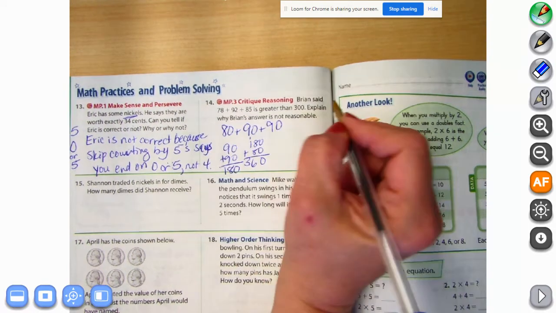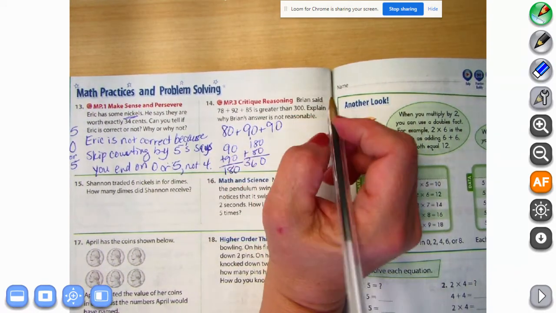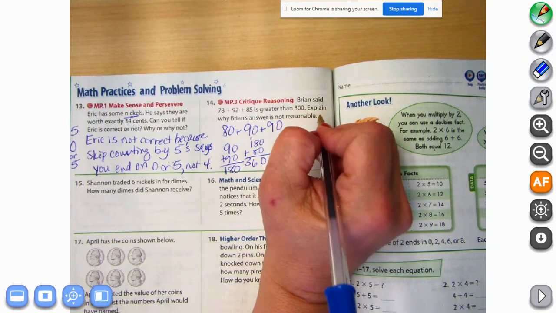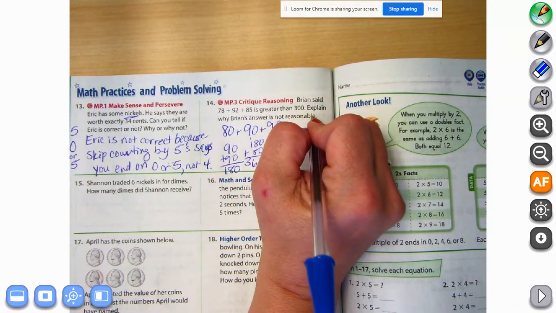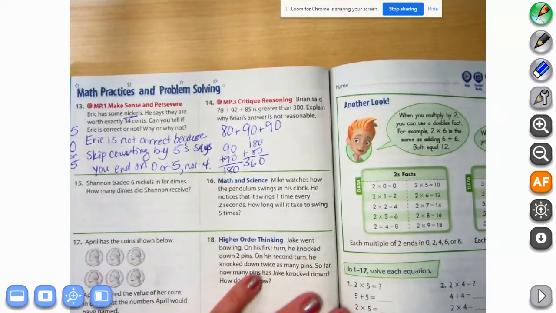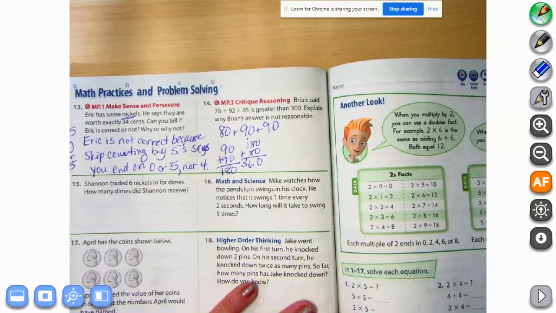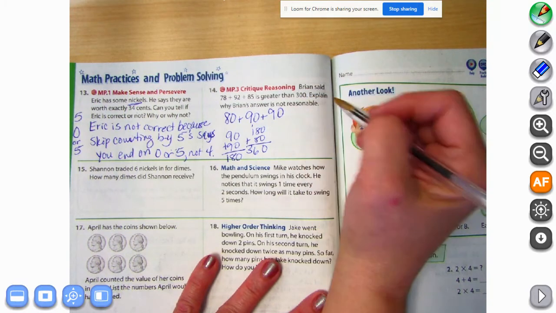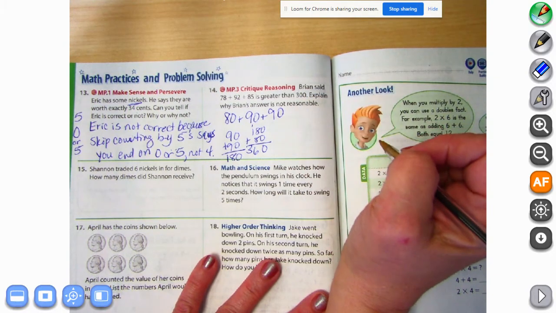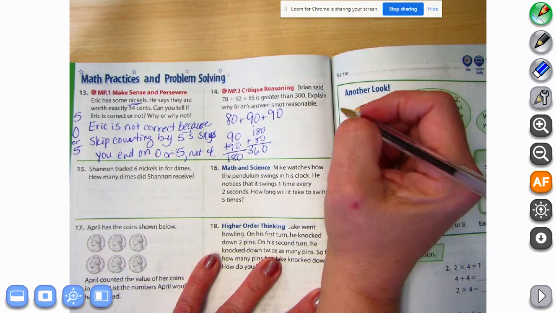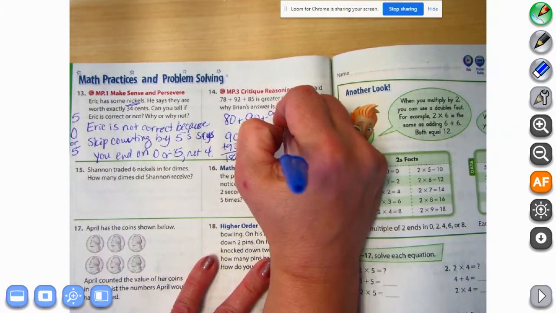All right, so it says 360, and that would be a little low. Did I do that right? Okay. So Brian said that is greater than 300. Explain why Brian's answer is not reasonable. Okay, so each answer